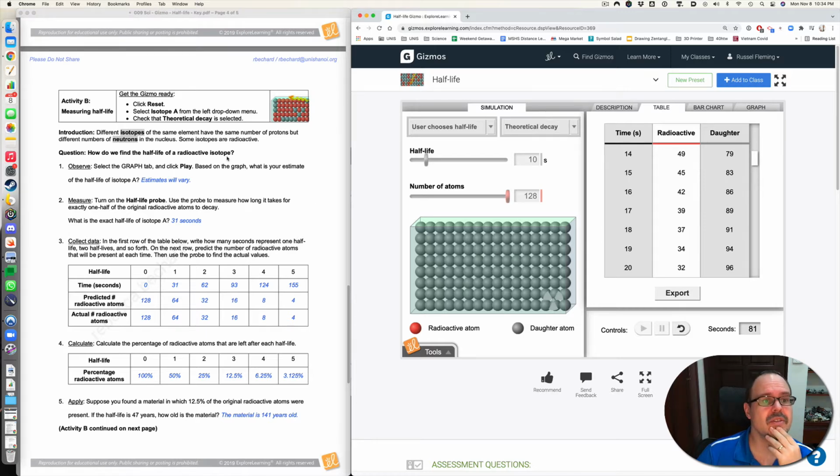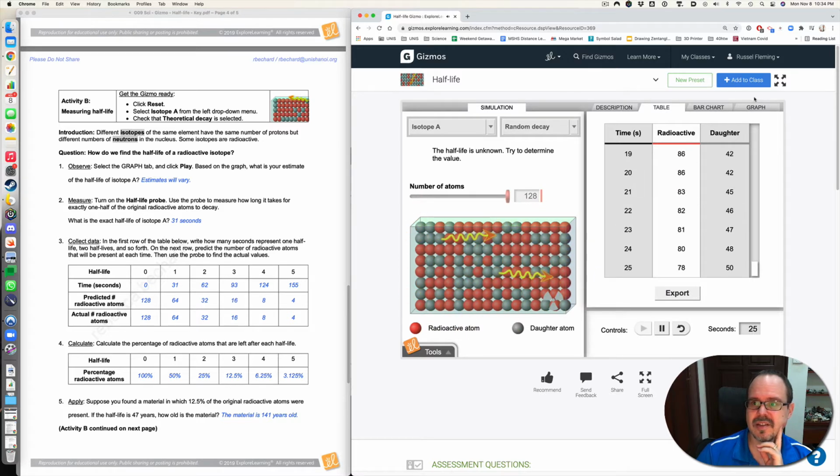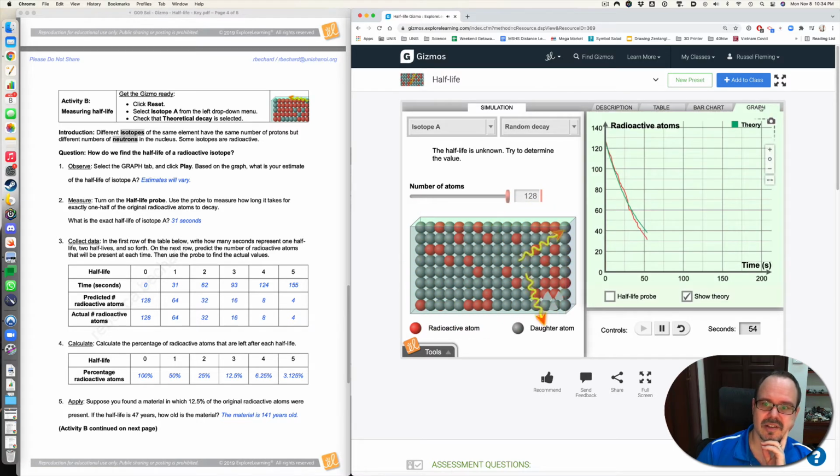Okay, how do we find the radioactives? The graph. Isotope A. So I'm going to reset this. I'm going to go back to random. Yeah, that's really loud. Let's turn that down. Those clicks. And we're going to go isotope A. And let's just go. The key thing